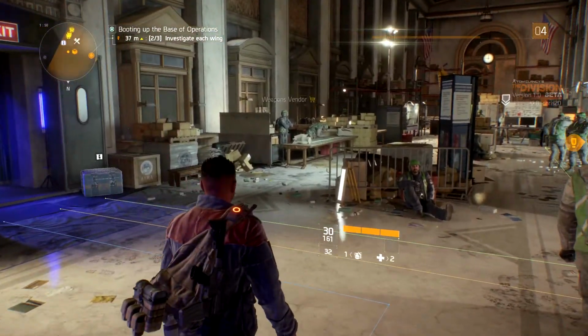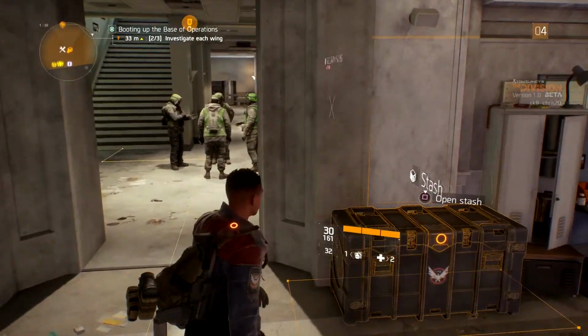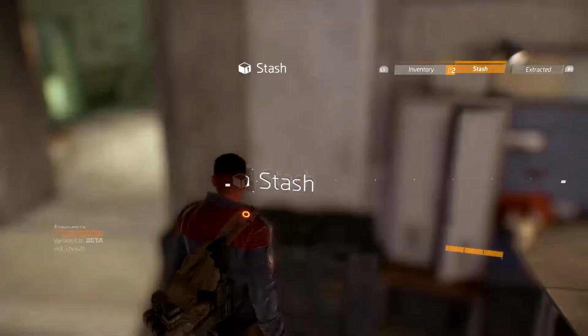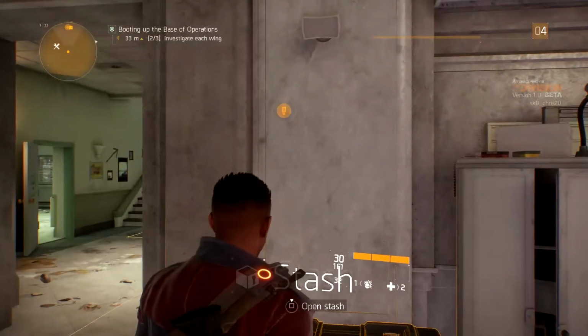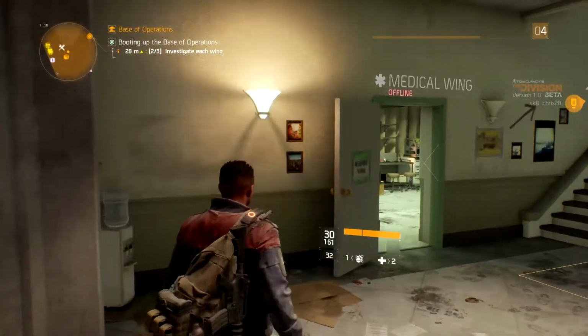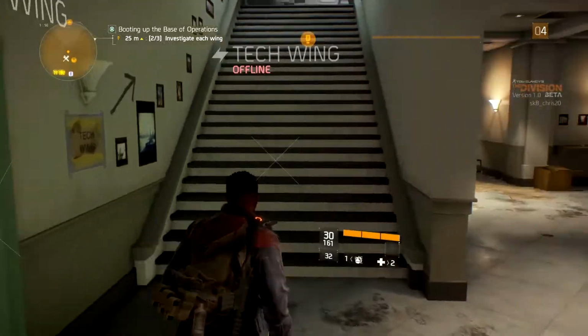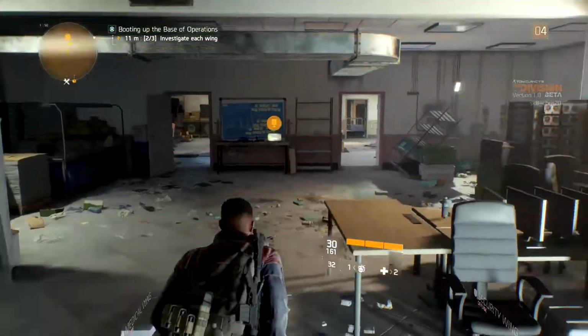Now in there to your right you'll see there's a little crate, it says stash on it. In there you'll find all the items you extracted from the Dark Zone. So every time you do an extraction in the Dark Zone, all the items from there you can find in that crate. The Turk wing has obviously seen better days, but if you can get Rhodes back here, he's apparently